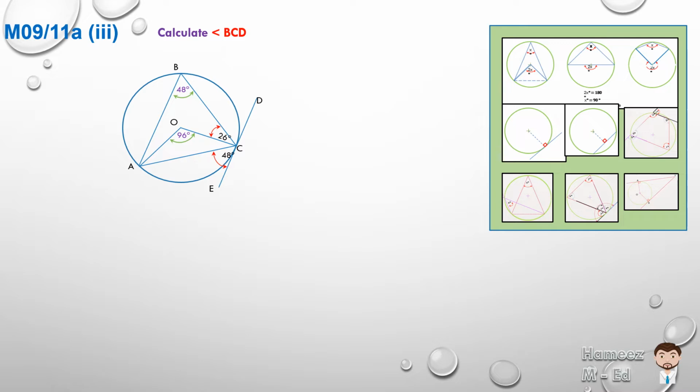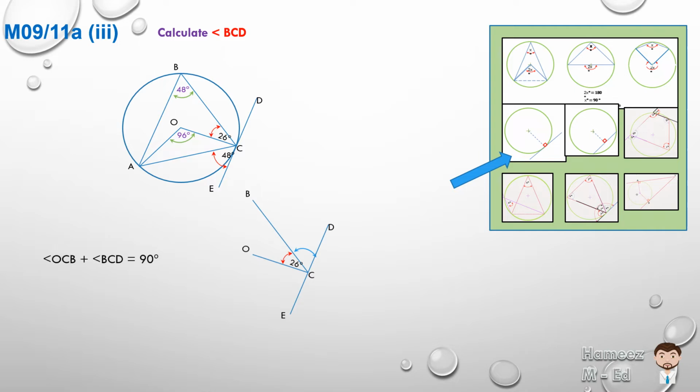Out of the 9 pictures, 2 of them involve tangents. One of them is tangent with a triangle, if we know the opposite interior angle, which is diagram 8, and diagram 4 involves the tangent with the radius of the circle. And if we look at that, we have a radius. OC is the radius. So let's extract the triangle. And if we extract it, we can see that the two angles